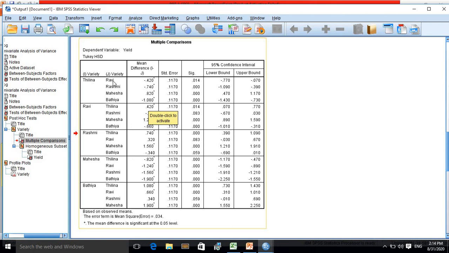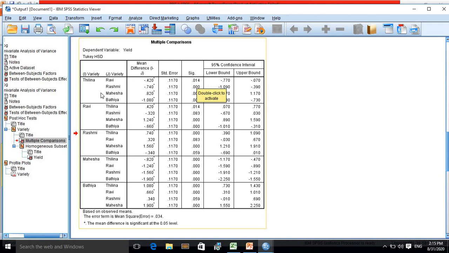When you compare Tilina with Ravi, the obtained p-value is 0.014, which is less than 0.05. Then you can say that there is a significant difference between Tilina and Ravi. When you compare Tilina with Rashmi, the obtained p-value is 0.000, which is less than 0.05. Then you can say there is a significant difference between Tilina and Rashmi.